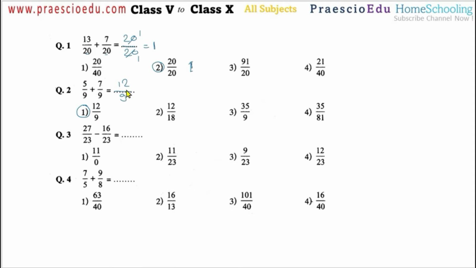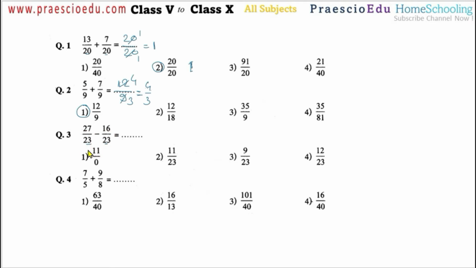Sometimes the reduced fraction is given: 4 threes are 12 and 3 threes are 9, so sometimes 4 by 3 is also given. So 12 by 9 is the same as 4 by 3. These are equivalent fractions, where we only take out the common factor 3. So either 12 by 9 or 4 by 3 is correct.